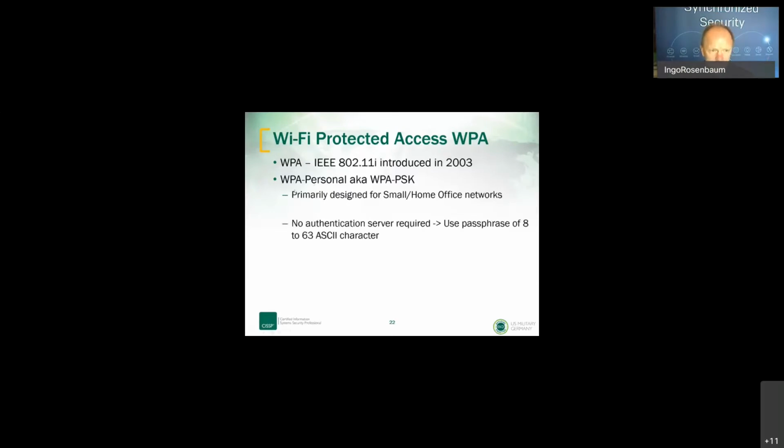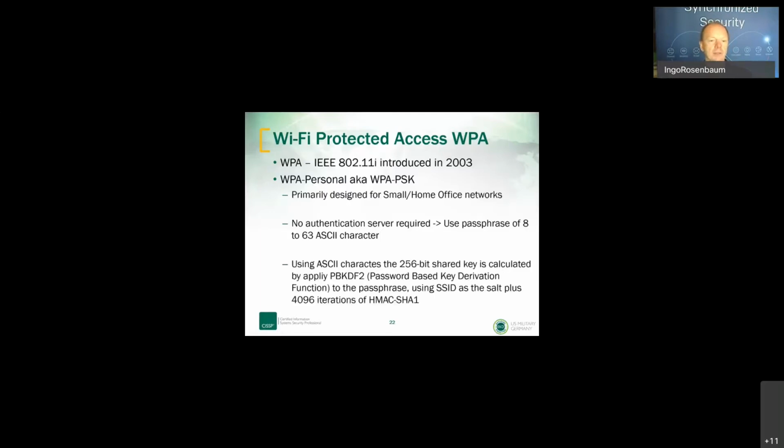With WPA Personal, you don't need an authentication server. You just use a passphrase of 8 to 63 ASCII characters. It works quite easily. You have this access phrase, your password, like "hello" or whatever. This is then run through a so-called password-based key derivation function, PBKDF2. Then you have the SSID, which is mixed, or concatenated, with 4,000 iterations of the HMAC. HMAC, I know it's a little bit of crypto here, is a hash-based